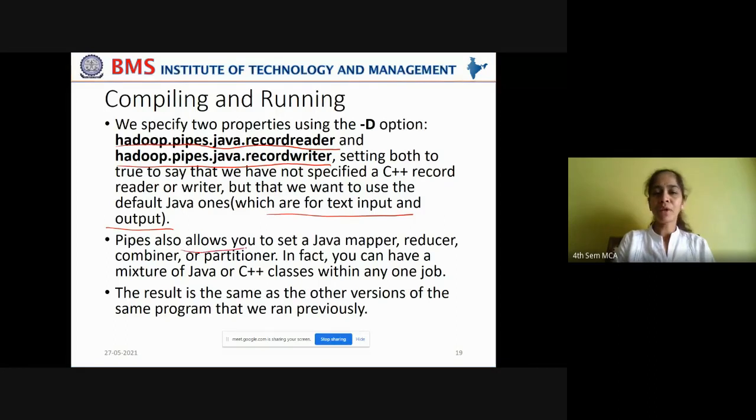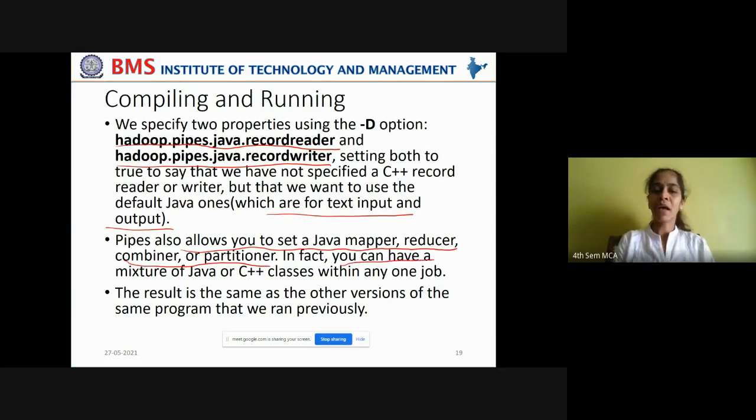Now, pipes also allows you to set a Java mapper, reducer, combiner, or partitioner. We can bring the goodness of combiner functions to C++ programs also. Along with the Java mapper and reducer, we can also set the combiner or partitioner classes.